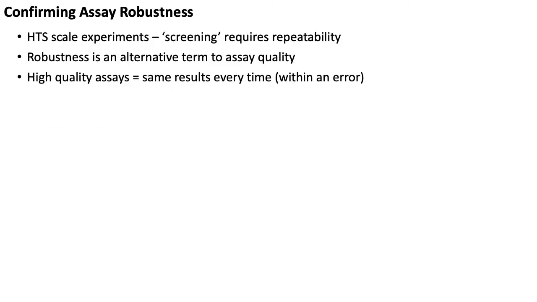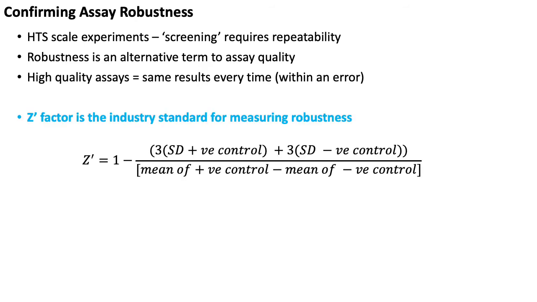So confirming assay robustness, how do we do this? High throughput scale experiments, this kind of screening, requires repeatability, okay? And robustness is an alternative term for assay quality, so the quality of our experiment, or the quality of our data. A high quality assay gives the same results every time, without error. And we can use something called the Z prime factor. The Z prime factor is the industry standard for measuring robustness, and it's